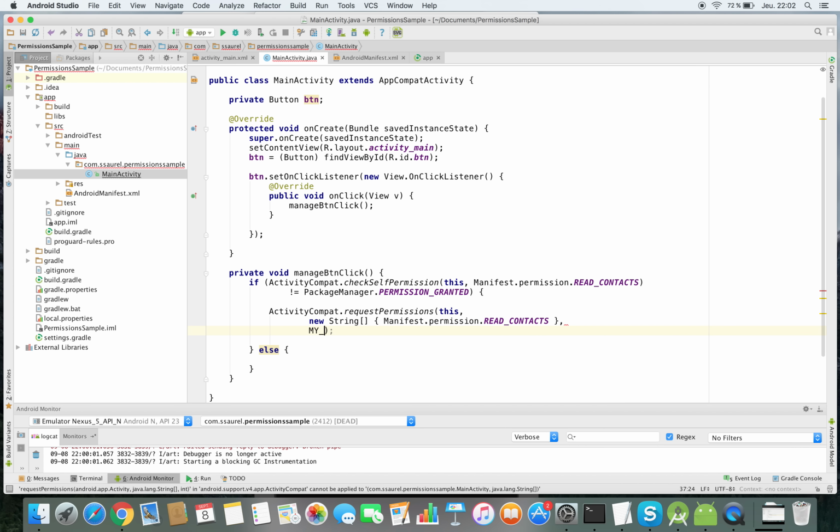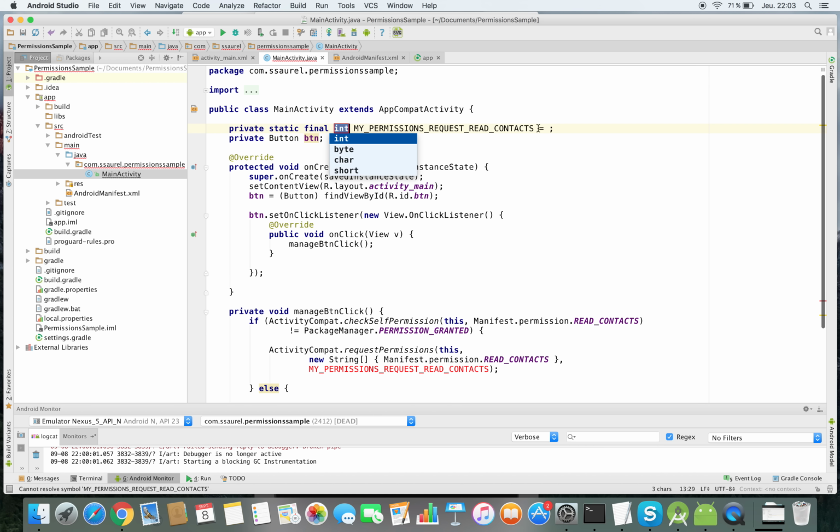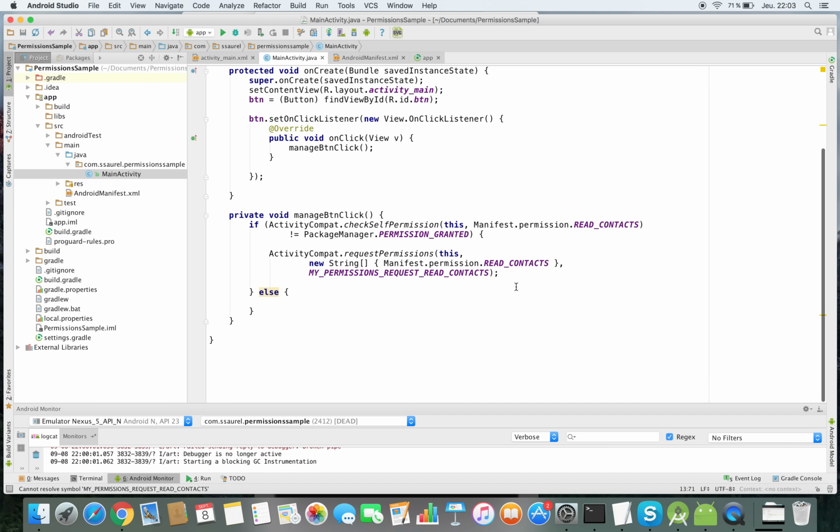If the permission has already been granted, we can call the read contact feature. Note that when your app calls requestPermissions, the system shows a standard dialog box to the user that cannot be customized.